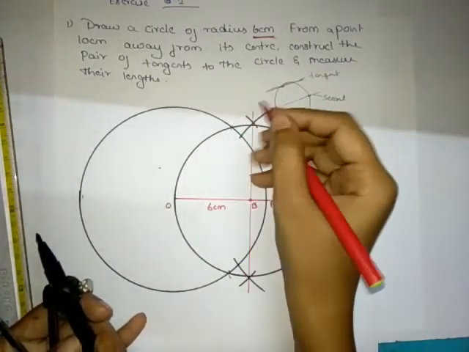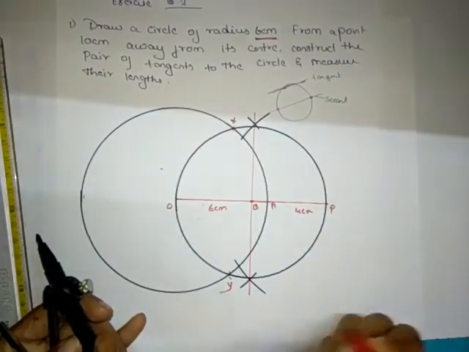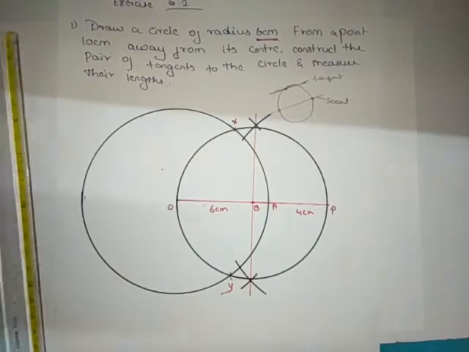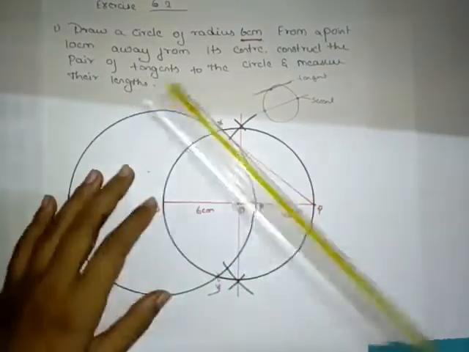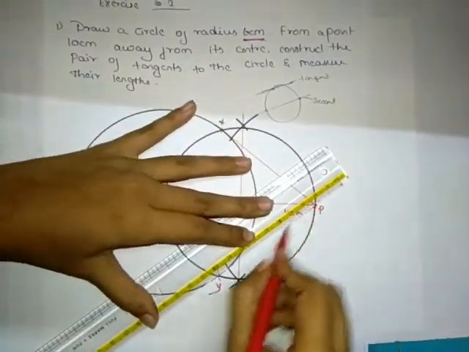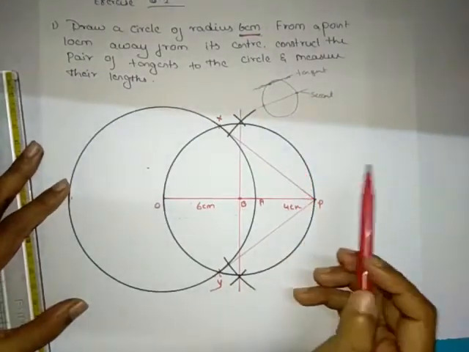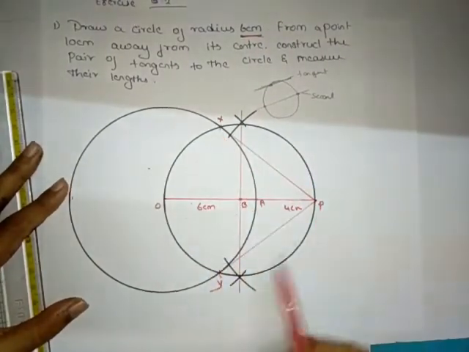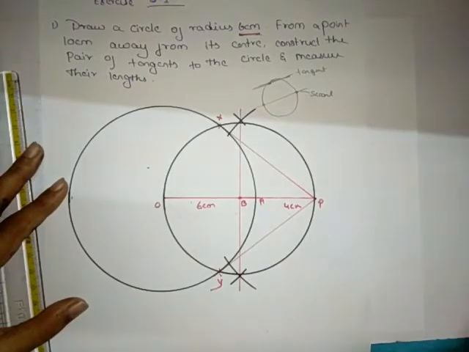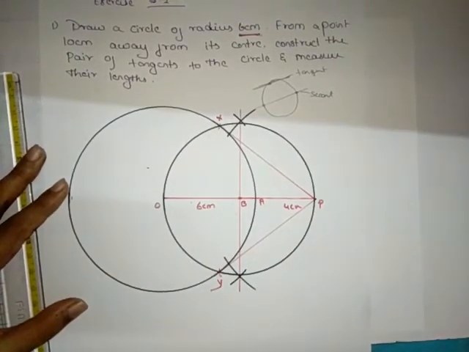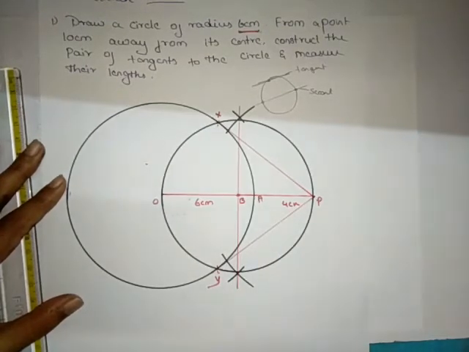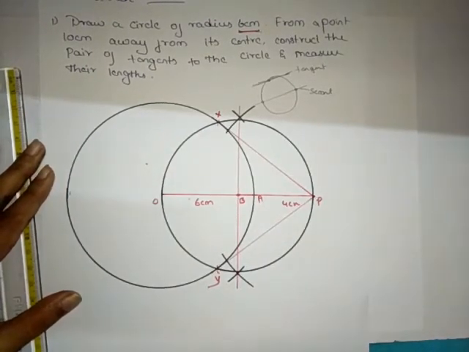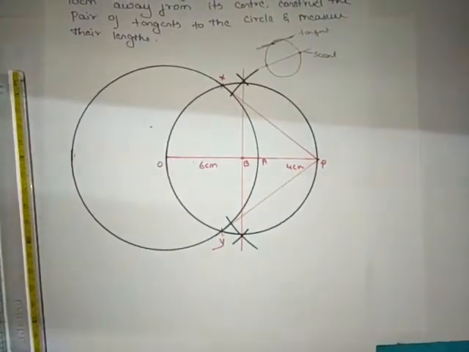So let us name them as X and Y. We'll join them, and PY. Okay, now here we got the required tangents, that is XP and YP are the required tangents here. Okay, this is about the construction. This is a geometrical representation of a tangent. And next we need to show this theoretically, that is nothing but a justification we need to do. For that we need to do again here.